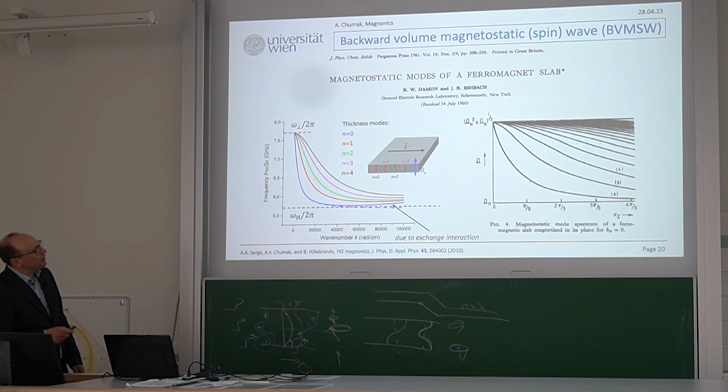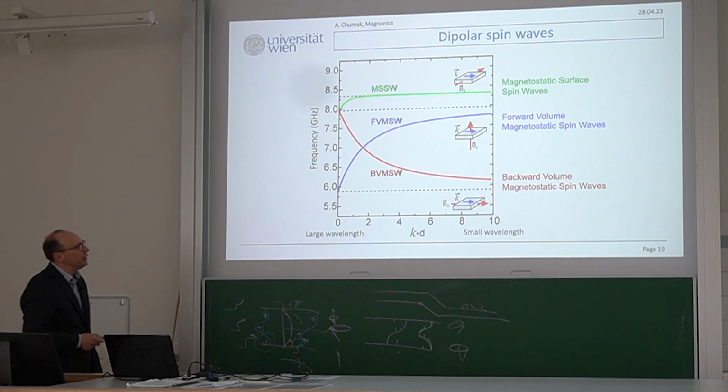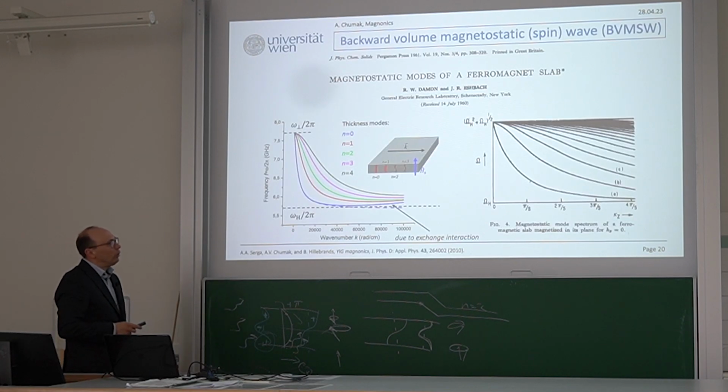And their dispersion is, so here this one starts from omega h and goes to omega perpendicular, this one from omega perpendicular to omega h. And here are the higher order modes, and this is a classical paper of Damon-Eshbach 1960,